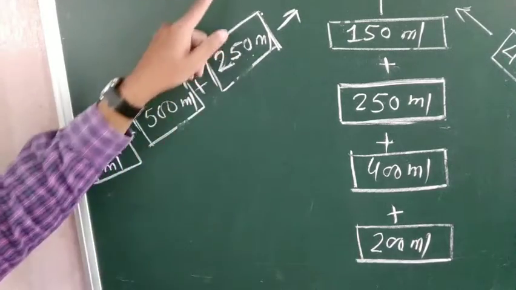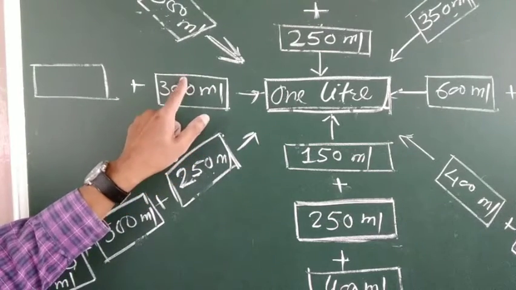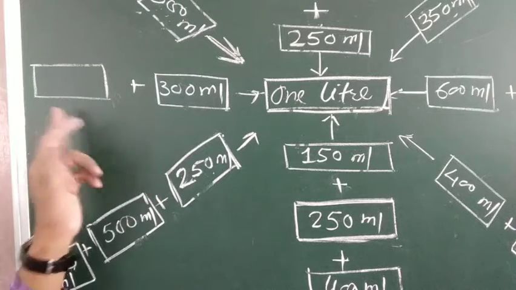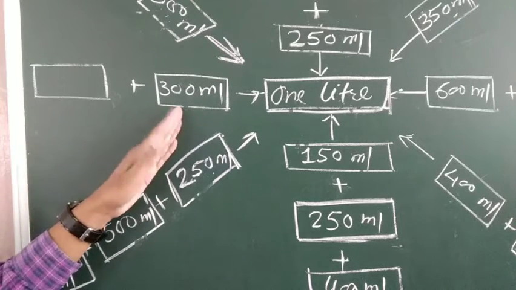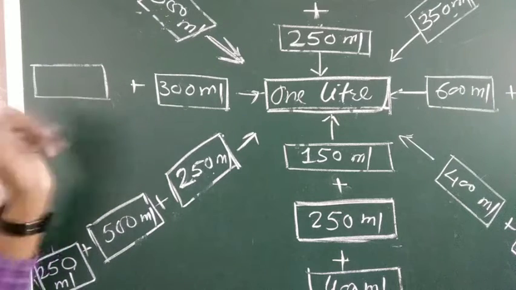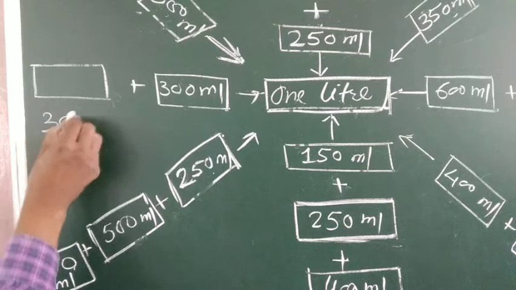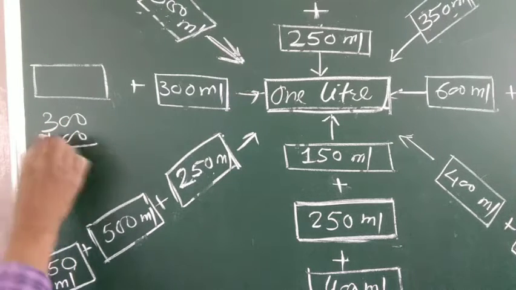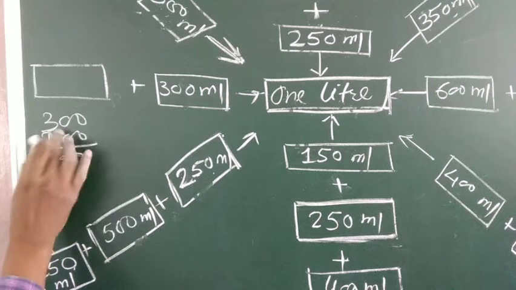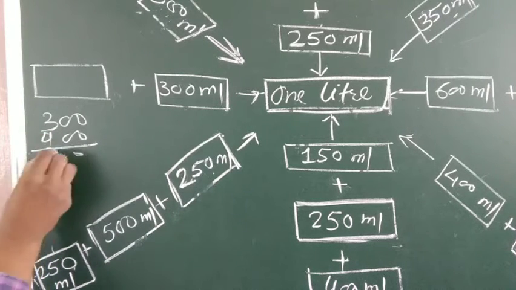Yes, now see, it is the last part, 300 ml. 300 ml plus this, what? So 300 are there and only two boxes are there. So 300 plus how many milliliter equals 1000, which means 1 liter? So here we have to write कि 300 है, 300 में अगर 100 ऐड किया तो 400 होगा बेटा. 200 ऐड करेंगे तो it will be 500. अगर 300 ऐड करेंगे तो it will be 600. If you add 400 it will be 700.